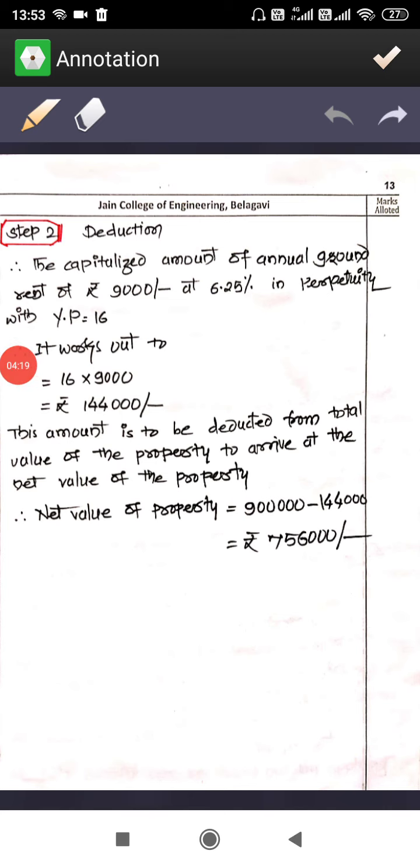Now the two things you have to understand while solving this problem is that you are supposed to take the percentage, that is, how much percent you are supposed to assume here. That assumption we are going to do is based on table number 5, the rate of interest, how much the rate of interest we are going to get. Now you can take the rate of interest between 6 to 6.5.